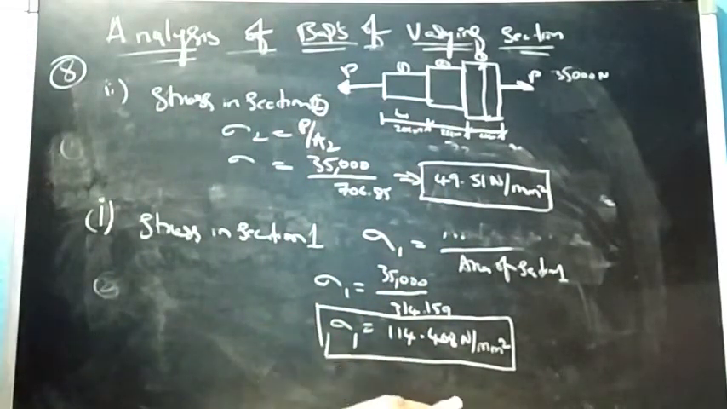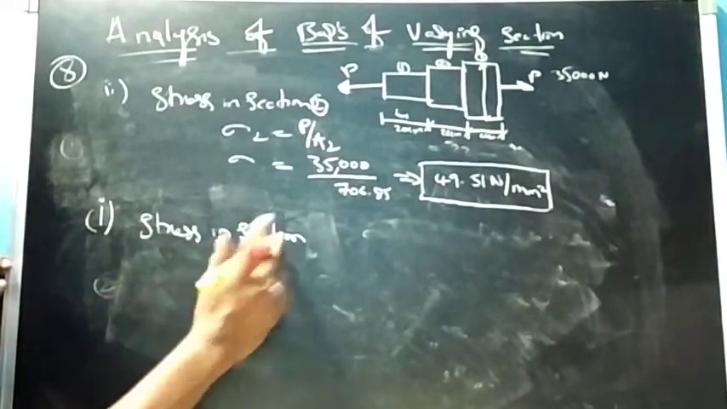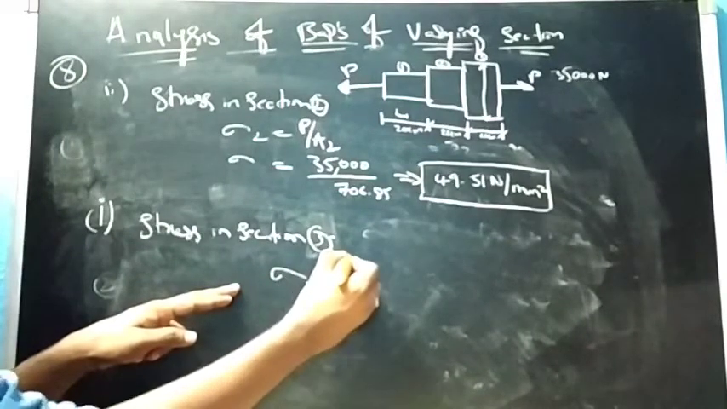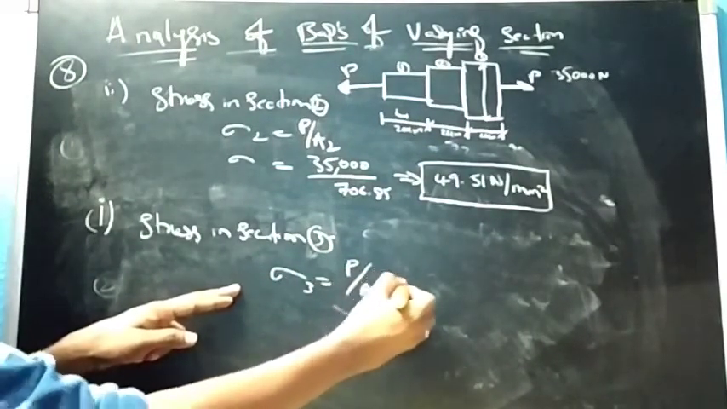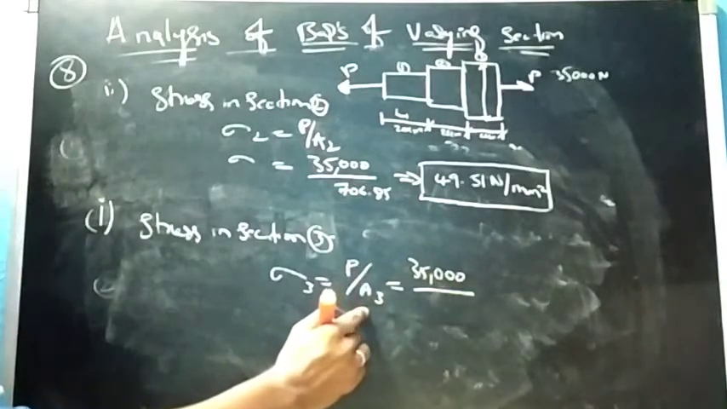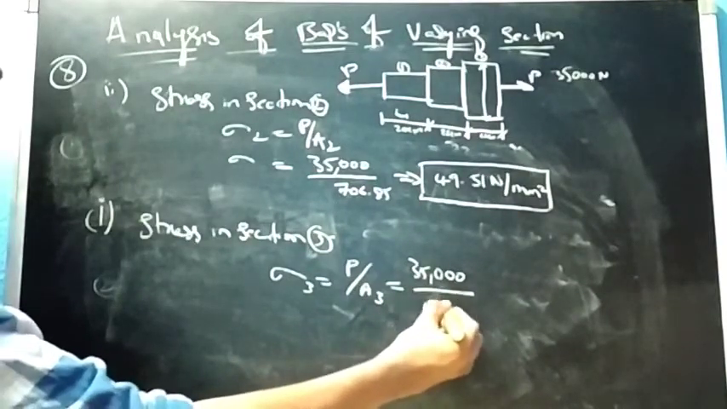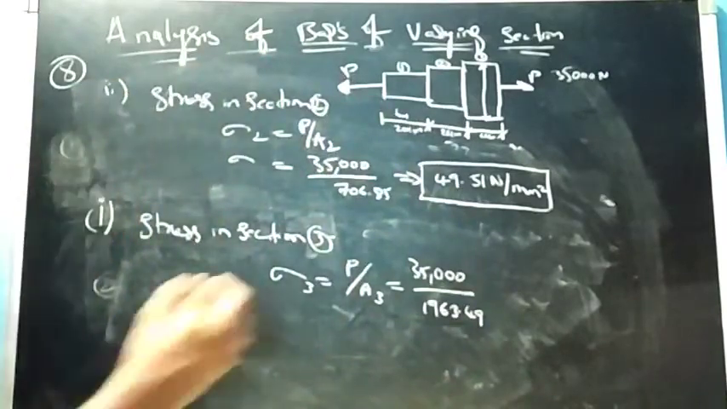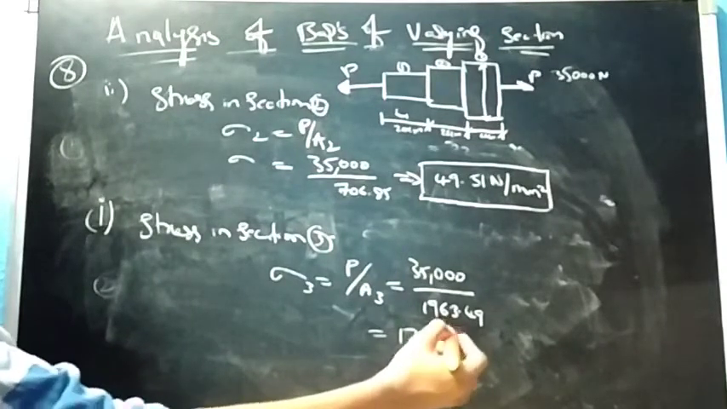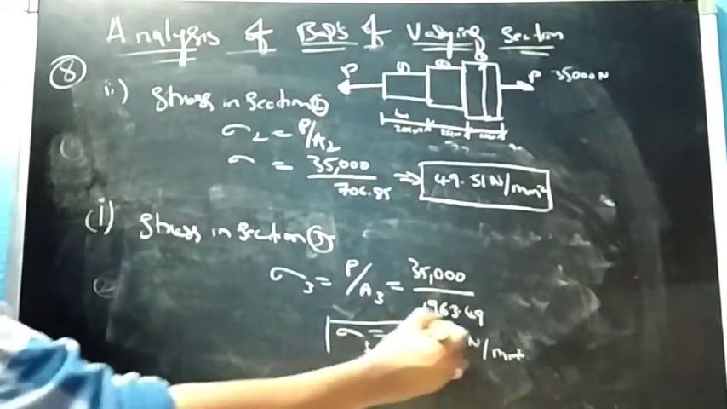Now we'll find out for section 3. Stress in section 3, so that will be sigma 3 equals P upon A3. Now P is 35,000 upon A3. We got A3, that is 1963.49. So which is 17.825 Newton per mm square. So this will be your sigma 3, that is stress